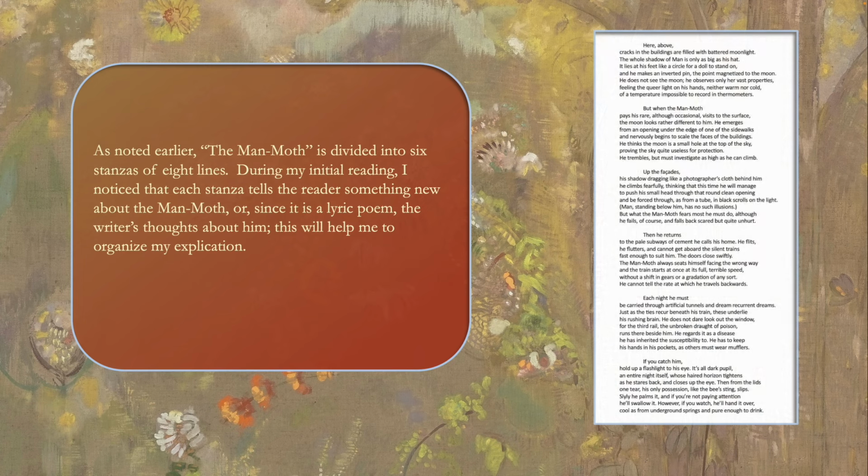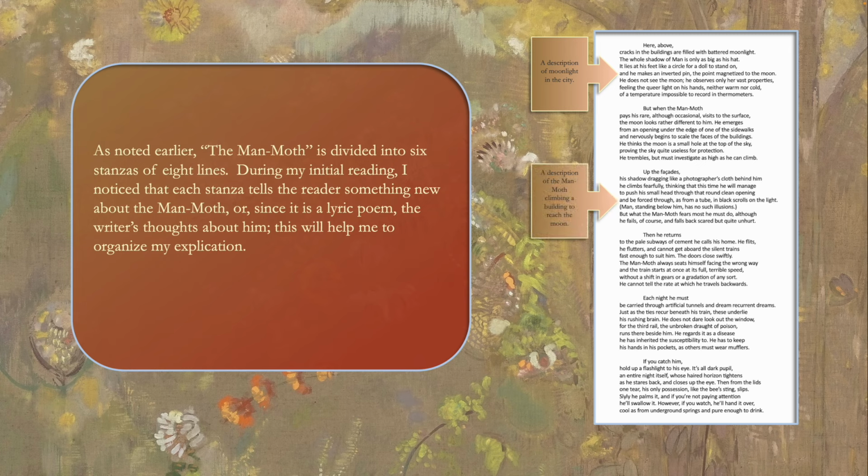As I said earlier, the man moth is divided into 6 stanzas of 8 lines. And during my initial reading of the poem, I noticed that each stanza tells the reader something new about the man moth, or since it's a lyric poem, the writer's thoughts about him. And this will help me to organize my explication. And I'll just give you some examples. I don't go through all the stanzas here, but I thought this first stanza is basically a description of moonlight